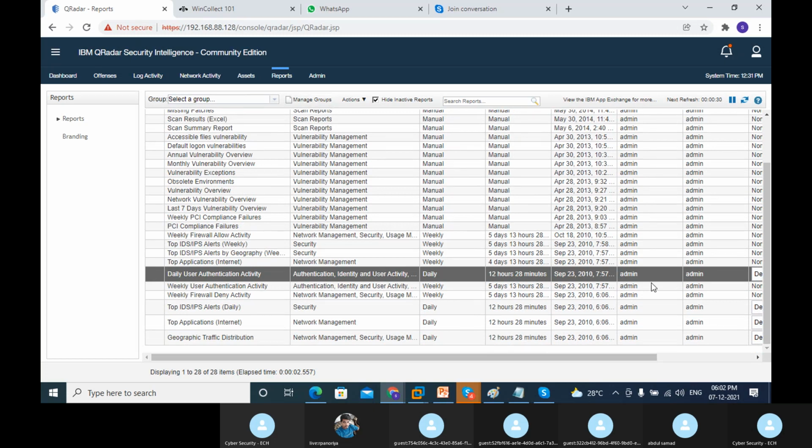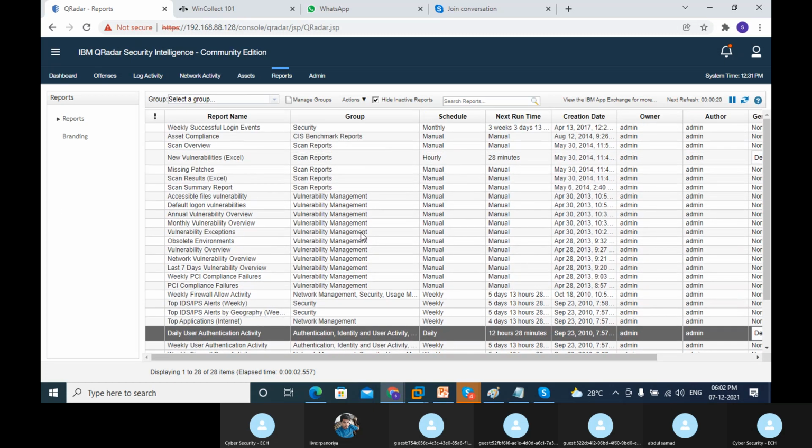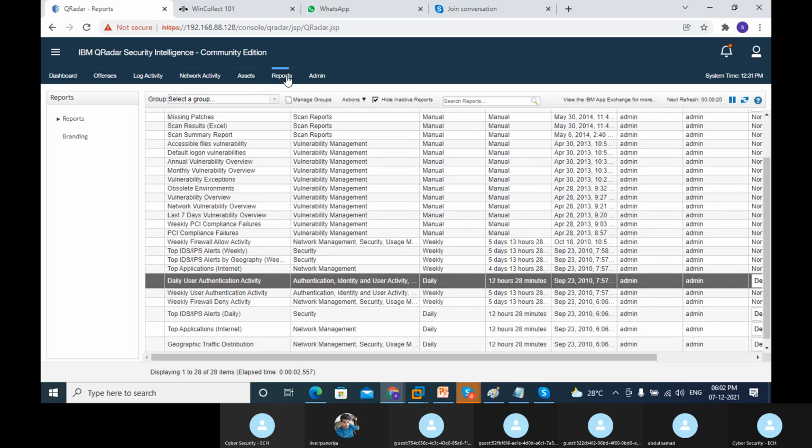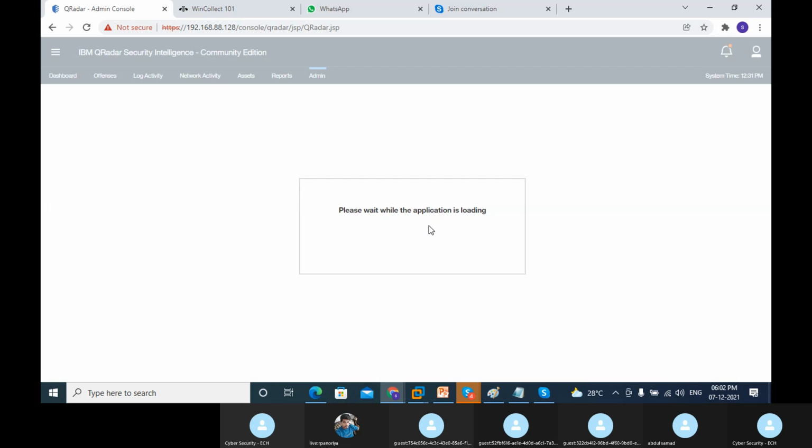So every time they need to create a different type of report, and these report samples will be there, and based on that you can see the report. Okay, so these are the daily basis reports. There are different types of reports, still getting upgraded, and this is where you can see them. And this is an admin panel.